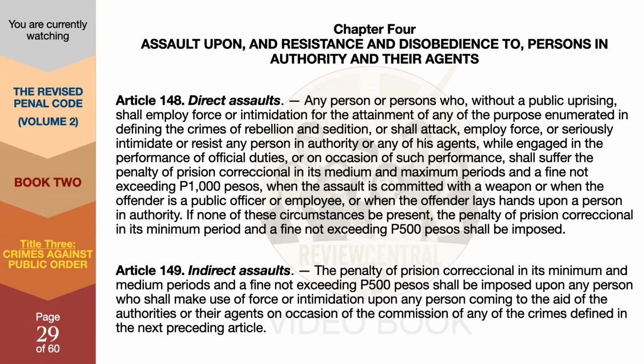Chapter 4. Assault upon, and resistance and disobedience to, persons in authority and their agents. Article 148. Direct assaults. Any person or persons who, without a public uprising, shall employ force or intimidation for the attainment of any of the purposes enumerated in defining the crimes of rebellion and sedition, or shall attack, employ force, or seriously intimidate or resist any person in authority or any of his agents, while engaged in the performance of official duties, or on occasion of such performance, shall suffer the penalty of prisión correccional in its medium and maximum